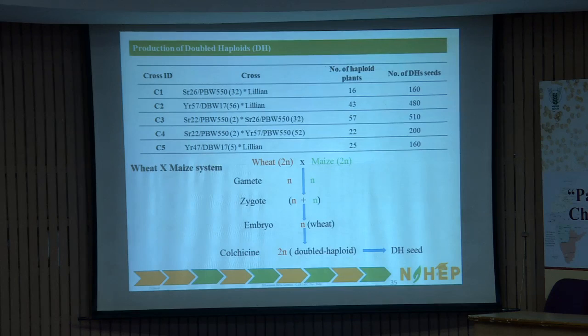You will take the pollen of maize and put it on the wheat ear, on the stigma. What happens is, in the next generation, when the zygote is formed, the chromosomes of maize will be degenerated, okay? That is digested. So you will be having a haploid number of chromosomes from only wheat. So this embryo you get, we call it a caryopsis. And that caryopsis will be doubled using colchicine, then double haploid seed will be produced. It takes only 1 year. You imagine taking 3-4 years to develop a backcross, and this can be done in 1 year